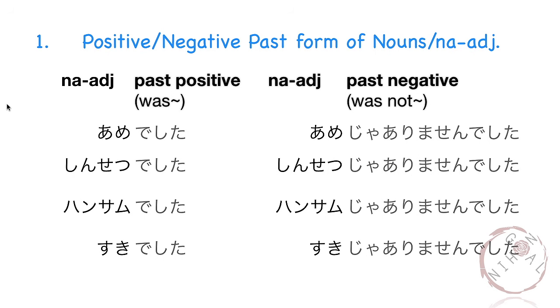Now, time to review what we've learned today. The first one is how to form the positive or the negative past form of nouns or na-adjectives. We simply change desu to deshita. For example, 雨でした、親切でした、handsomeでした、好きでした。And for the past negative form of an adjective or a noun, we just change じゃありません to じゃありませんでした。雨じゃありませんでした。親切じゃありませんでした。handsomeじゃありませんでした。好きじゃありませんでした。